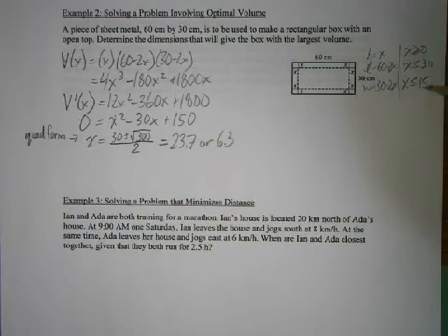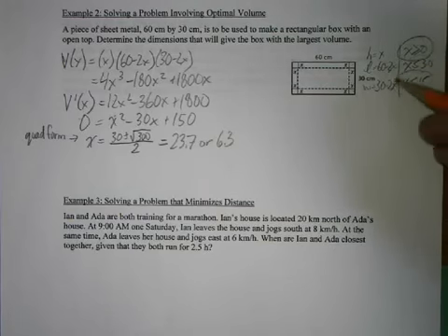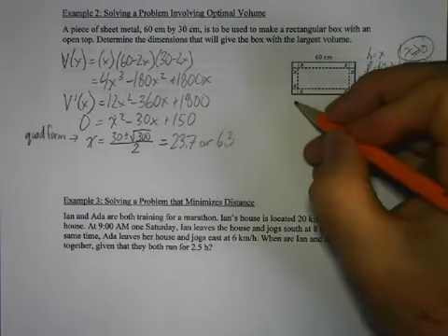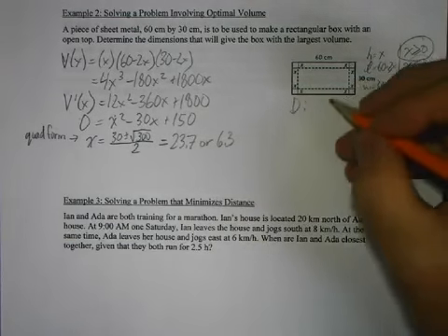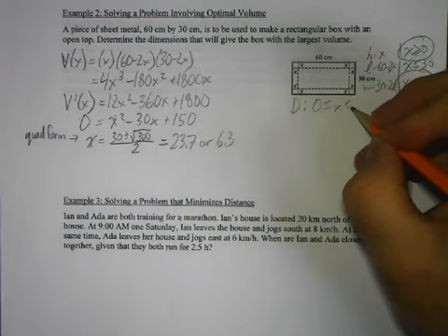Now if you put these two together, it might be a little confusing. This one says it has to be less than 30. This one says it has to be less than or equal to 15. We have to honor the one that satisfies both of them, so this is the most restrictive one. If I plug a 15 in here, I'll get a 0. If I plug a 15 in here, I'll get 30. So you're basically combining these two restrictions on the domain. The new domain is x between 0 and 15.